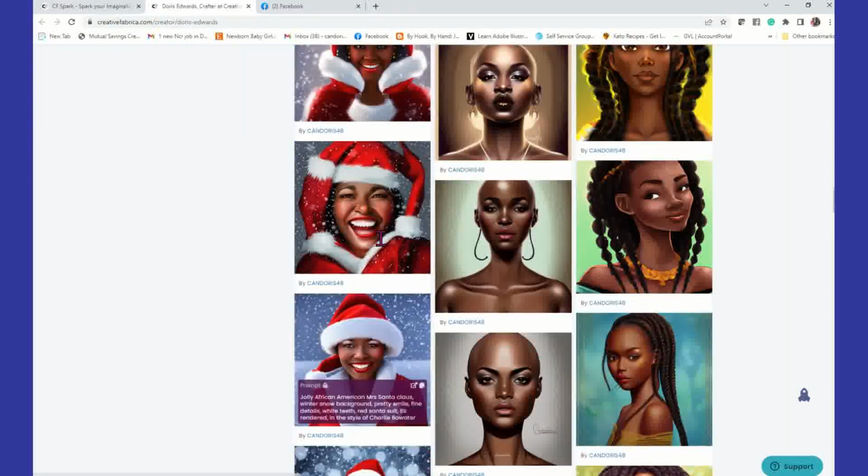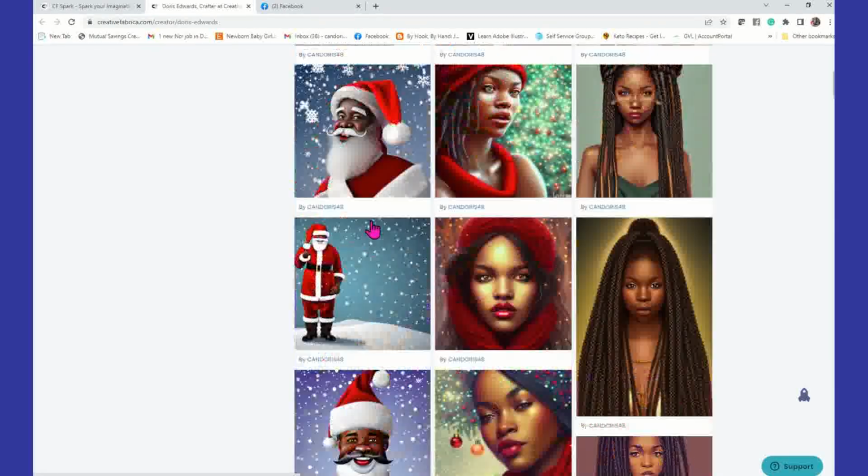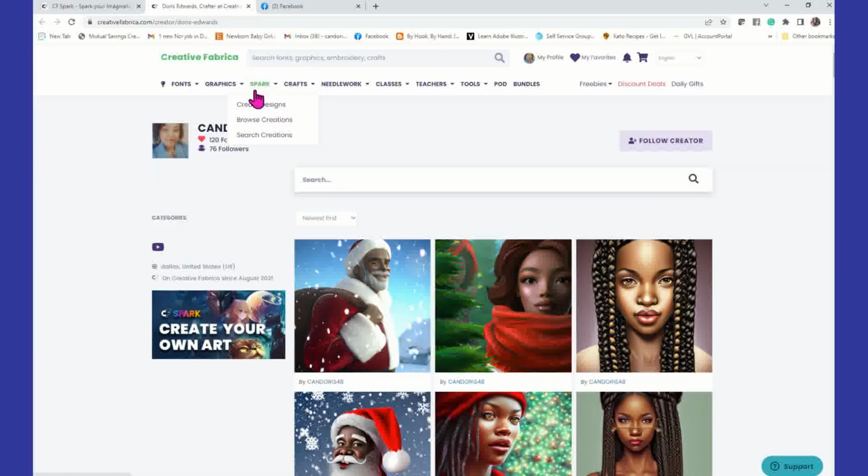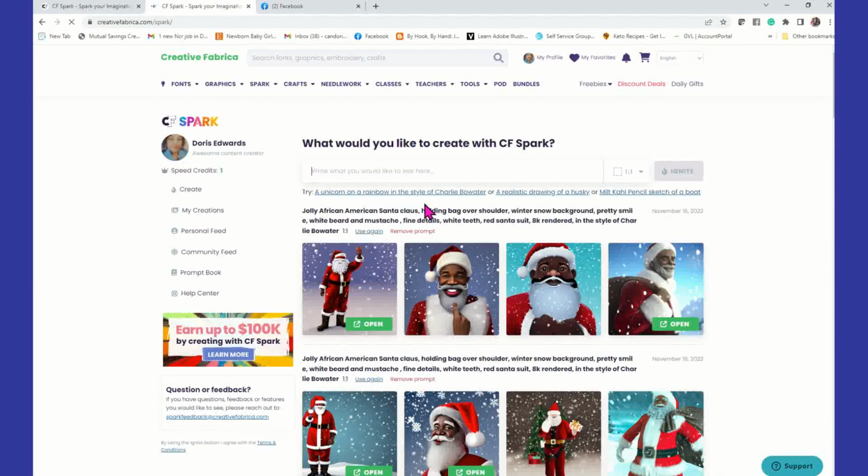Now, for those of you that haven't seen my first tutorial on utilizing Creative Fabrica, I'm going to walk through how you create an image, and then we'll go into the Face app and we'll edit that photo. Okay, so